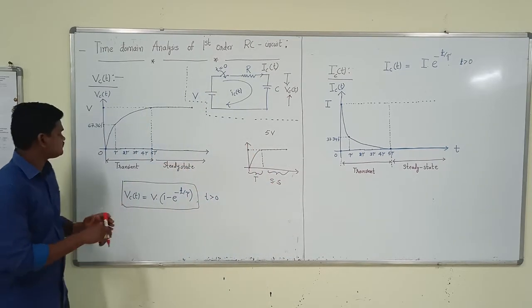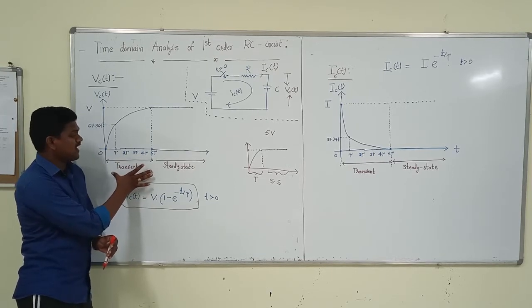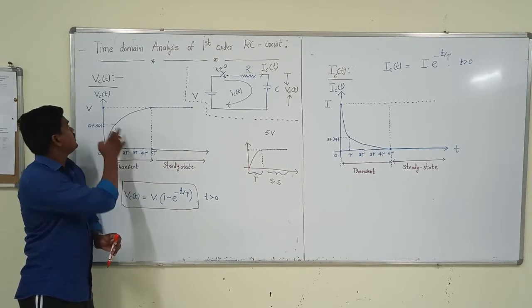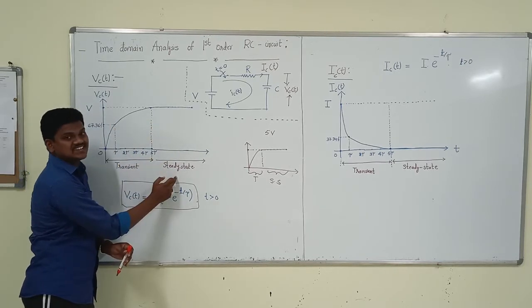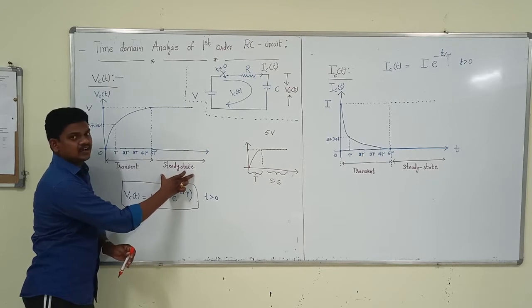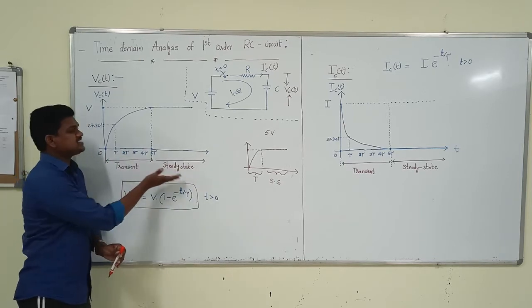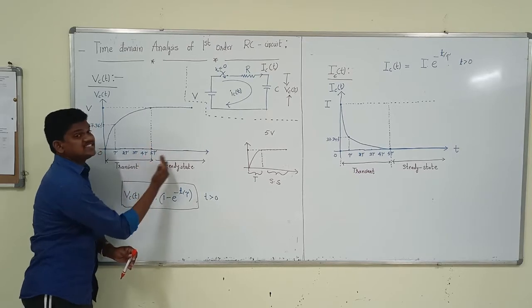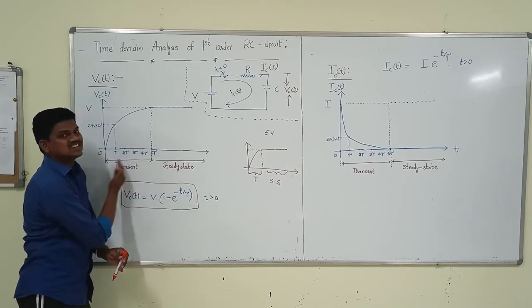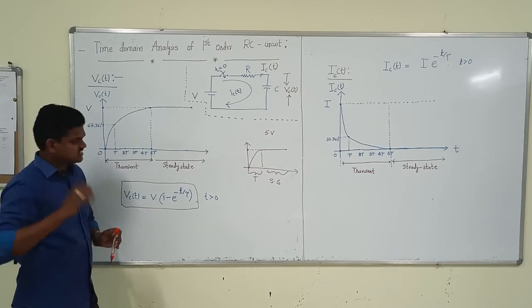Same thing here, with tau. After 5 time constants, the voltage across the capacitor will become constant, or steady state. The region where it becomes a constant value is known as the steady state value. We are discussing these things only. In our problems, we are discussing after the transient state. We are not discussing the transient state. For example, I will clearly explain with the fan.